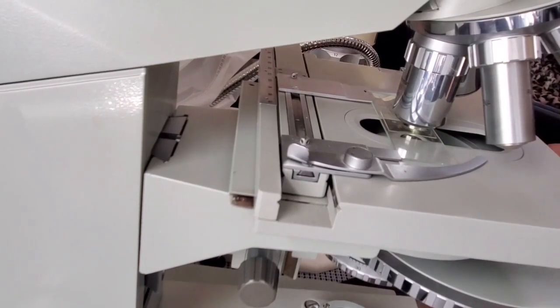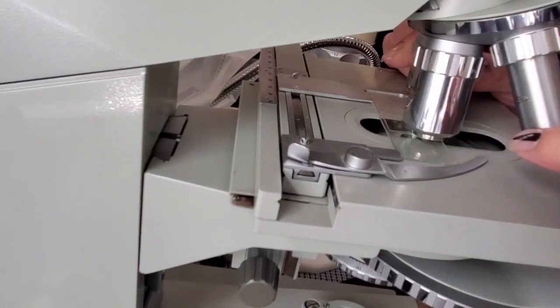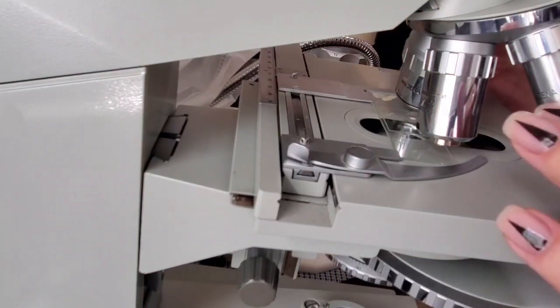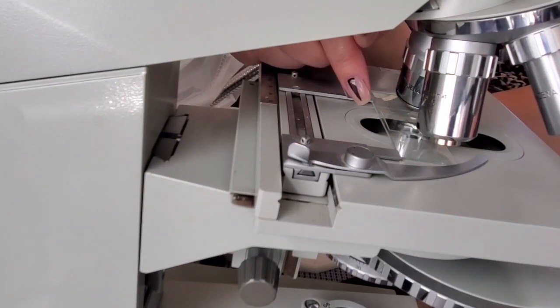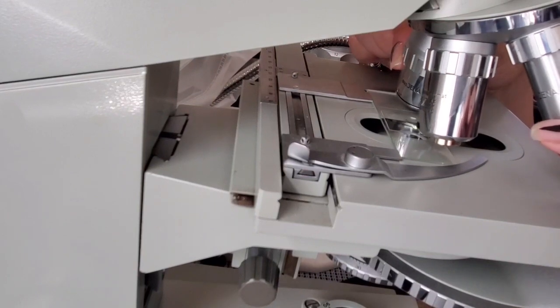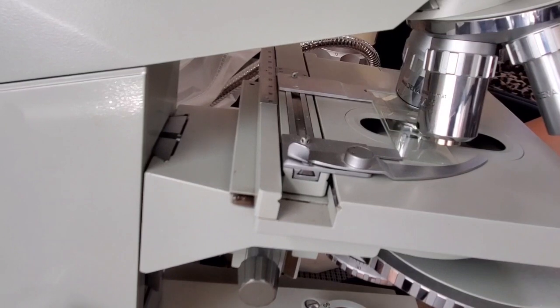But in order to do oil, you want to make sure that you don't get oil on anything else and only on your oil immersion objective. Now, it depends on the microscope. Some have a very smooth transition, but if your section is pretty thick, then the cover slip is going to be a little bit high, the actual slide is going to be a little bit high, and you won't be able to transition so well. So I'm going to show you what I typically do. I'll lower down the stage